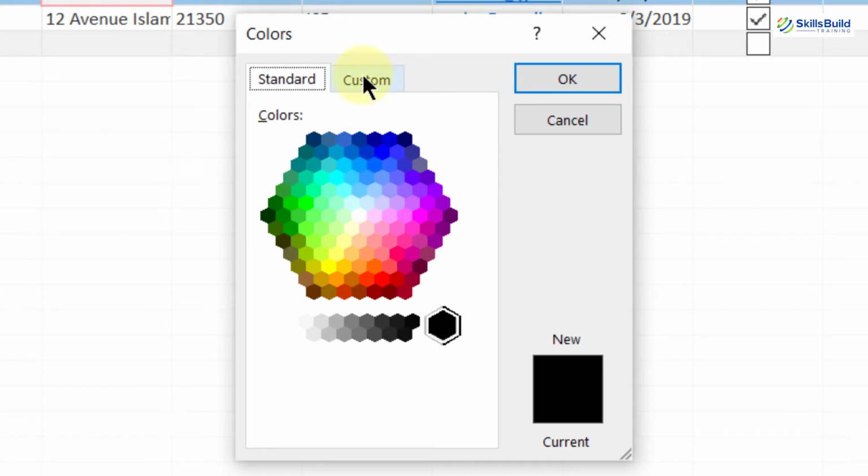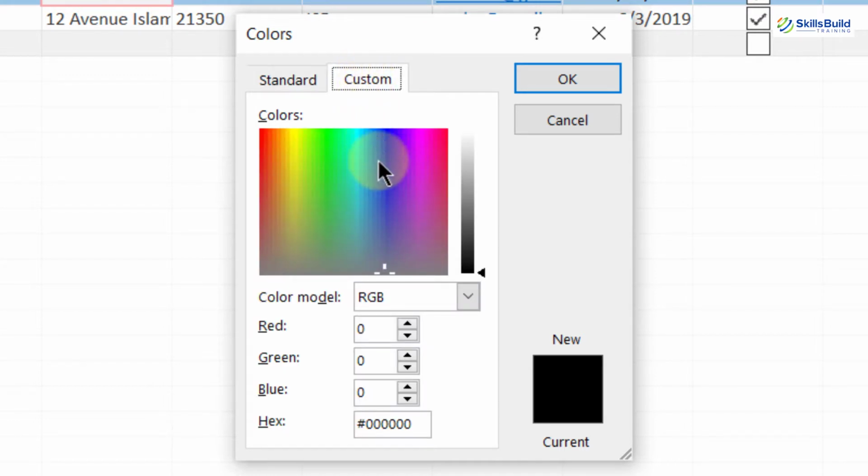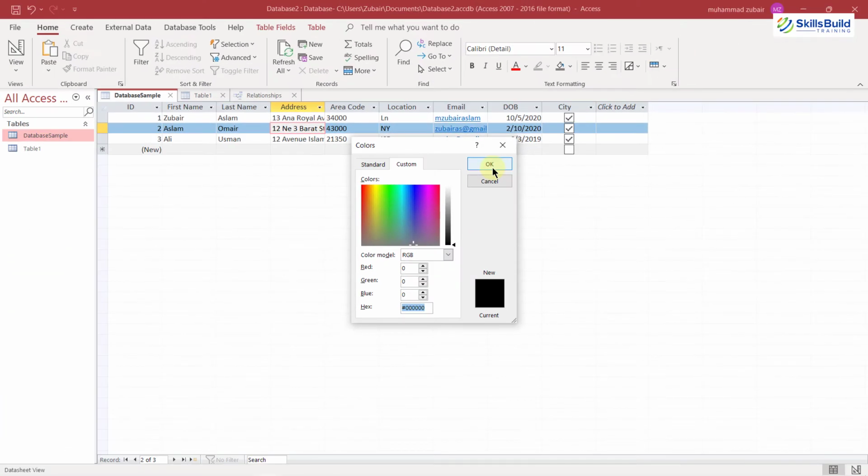But now we have one more option that says Custom. If you click on it, from here again you can choose a particular color. But if you see down here, we have one option that says Hex. It means if you have a hex value of any particular color that you think is not available in here, you can put that hex value in, and that color will get applied onto your Microsoft Access and you will be able to use that.